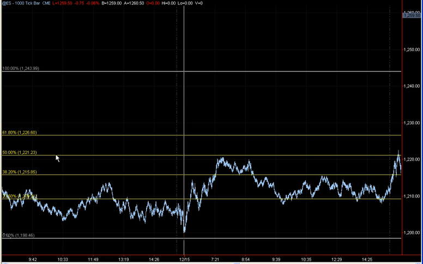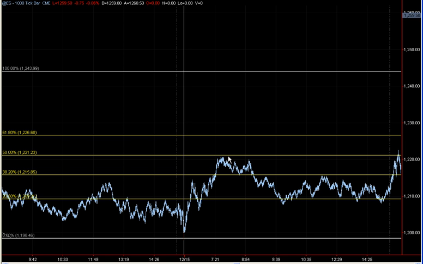So now you have a couple of targets. If you're able to continue to trade this market and you look for opportunities to get into that move, for example, right in here somewhere, you know that there's a gap up at around 1218. You've got that 1221 target there. It doesn't quite make it,